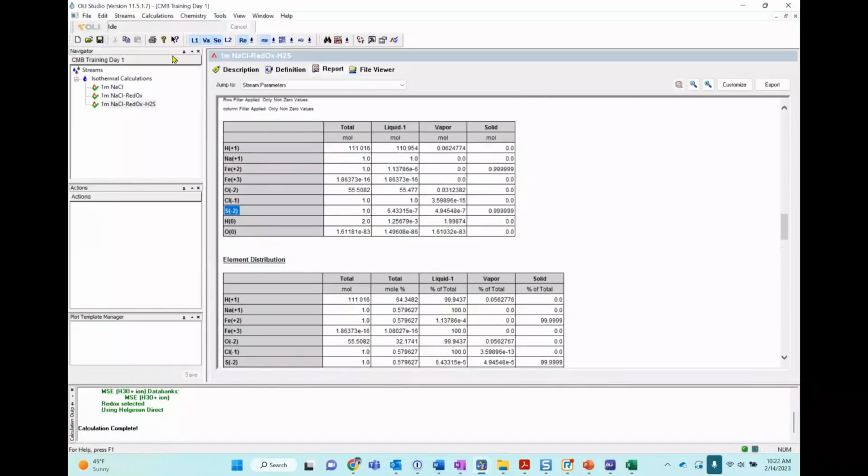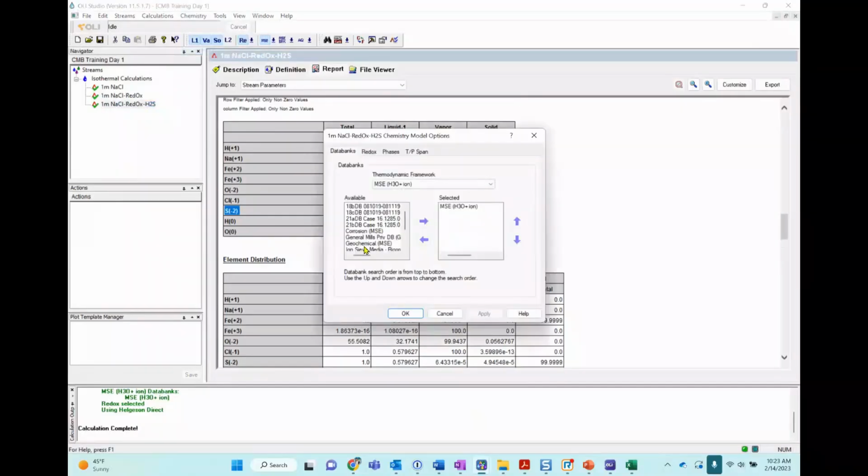Now, what if you want to include some other oxidation states of sulfur? You probably think that you are having some reduction of this oxidation state. Maybe you also have elemental sulfur in the system. Okay. So there are two ways to do it. I'm going to show you the long way because I feel like it's the one that gives you the most options. You go to chemistry, make sure that you are in this calculation. Go to chemistry, model options.